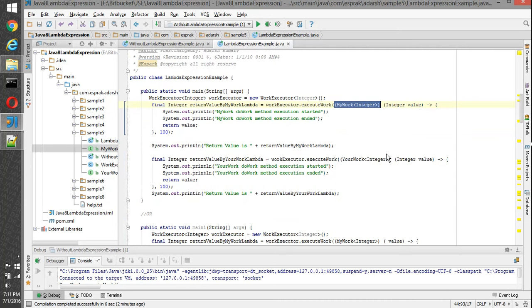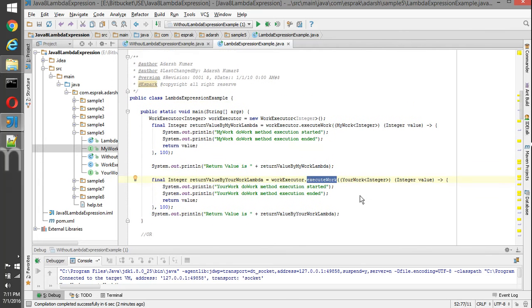Because we are passing a lambda expression and the method names are the same here, these methods are overloaded in the class, so it doesn't know which implementation this is for. Either it's an implementation for myWork or doWork. That's why we need to explicitly cast a lambda expression here so that it can resolve the ambiguity and execute. It is just because we have an overloaded method inside the class.